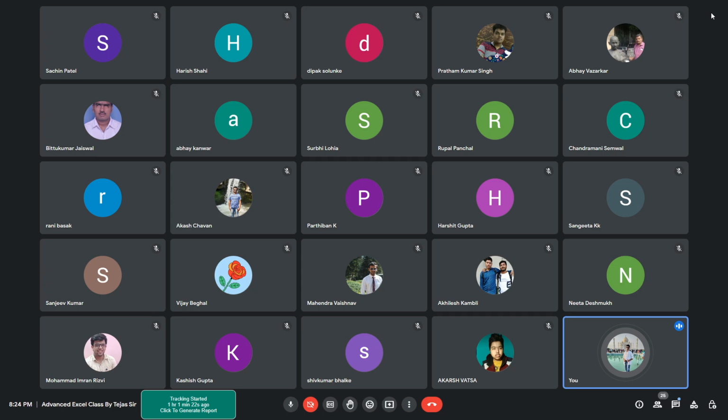Accessibility checker means it checks how accessible your document is. Suppose you have used a color or font which is not understandable by any differently abled person, so it will show you that your document is not accessible, or any color, any font style, or any cell border which is not readable or not understandable by the differently abled persons, so it will show you that your